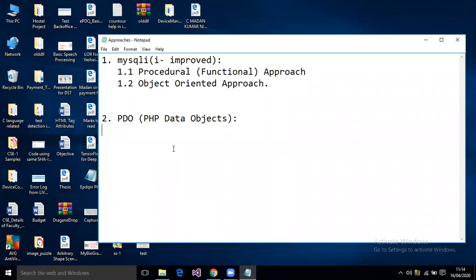In PDO, you have different concepts, like the data source name, DSN as we call it. You already know how DSNs look. If you take a JDBC program, we need a connection string. Here also we need a connection string. That connection string we call a data source name, DSN.